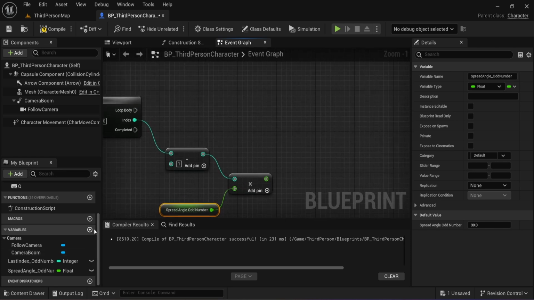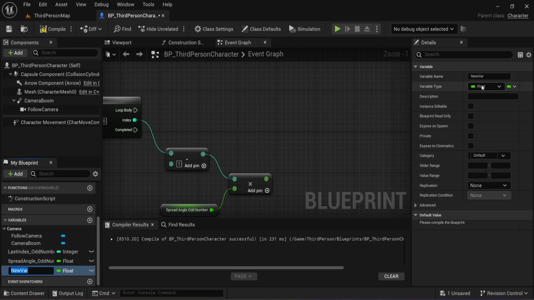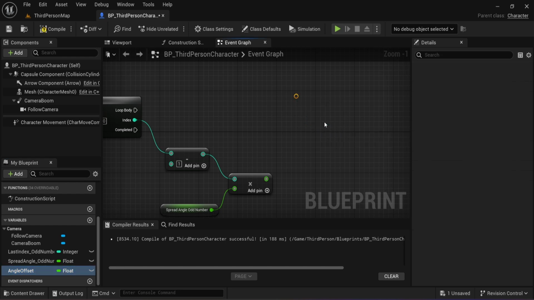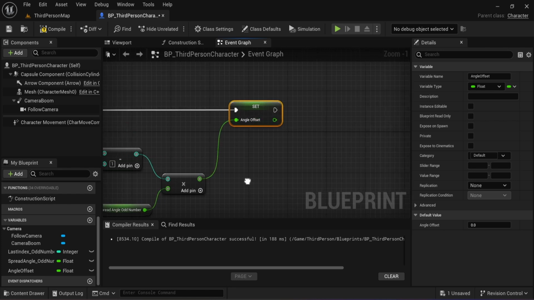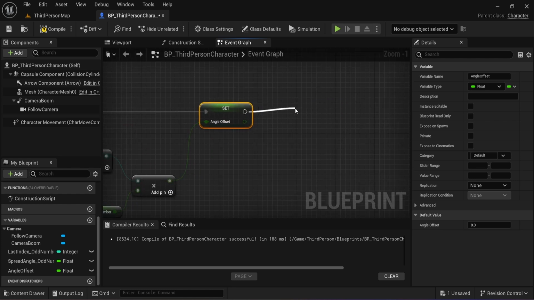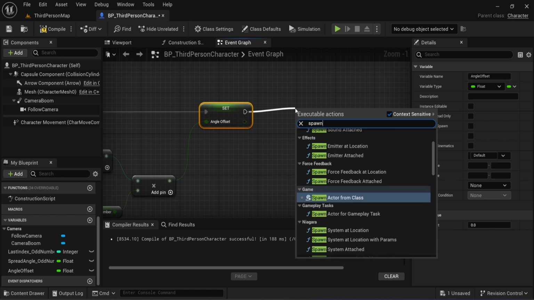And the next thing is we need the angle offset. So create another variable, okay, float, angle offset, and compile it. And this time we don't need to add any values for the angle offset. But we need to change it to set angle offset instead of get, and then connect it to the loop body over here. And the next thing is we need to spawn the bullets itself, spawn actor from class,